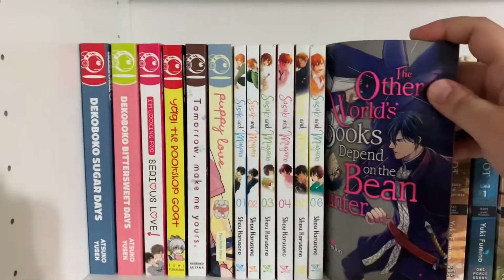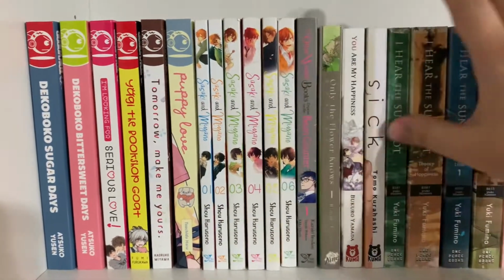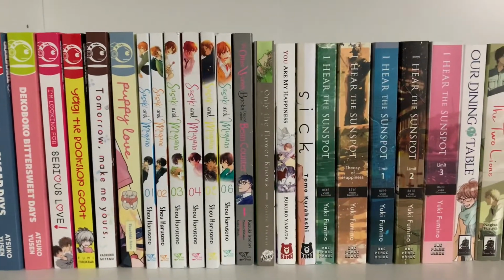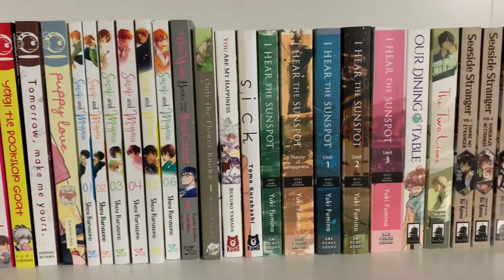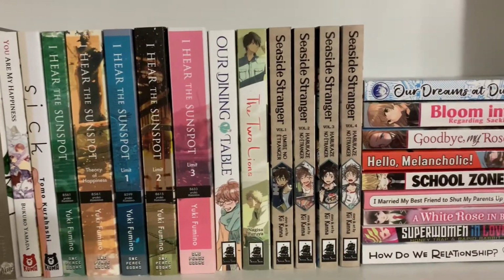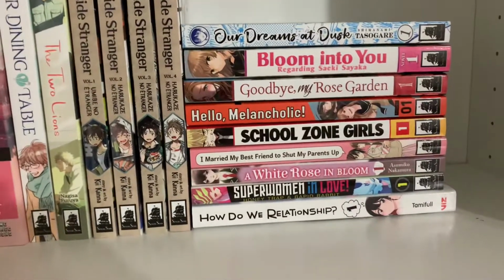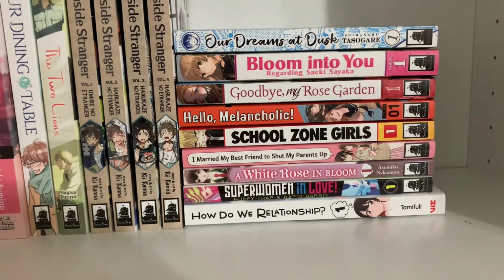I forget this title every time. The Other World's Books Depend on the Bean Counter 1. That's a fantastic new one that I love. Only the Flower Knows, You Are My Happiness, Sick, I Hear the Sunspot, oops, Our Dining Table, The Two Lions, 1 through 4 of Seaside Stranger, How Do We Relationship, Superwoman in Love, A White Rose in Bloom, I Married